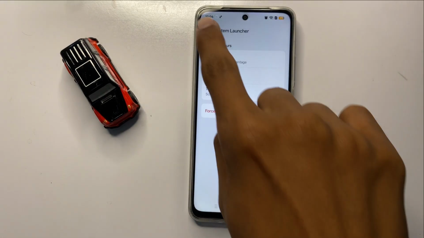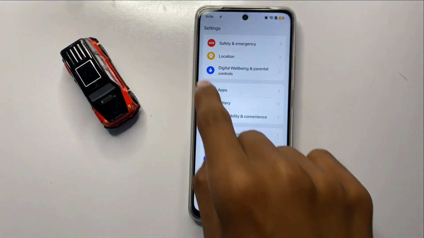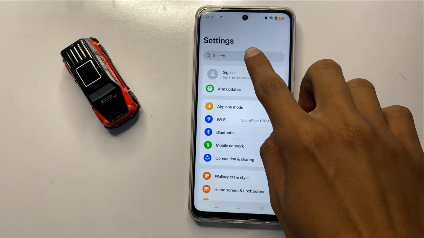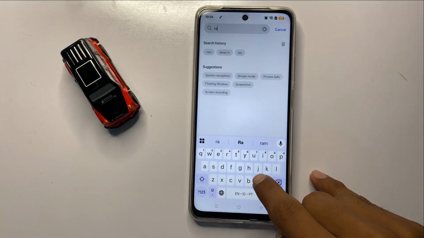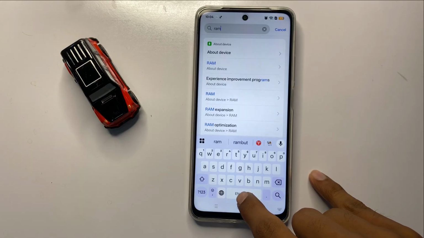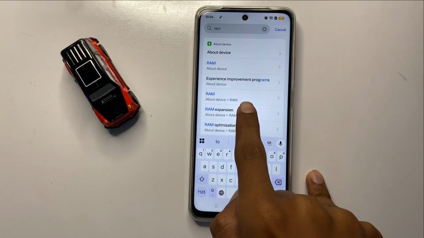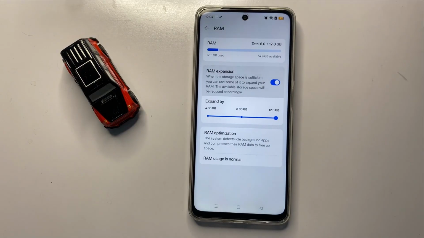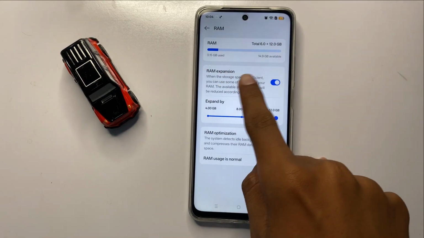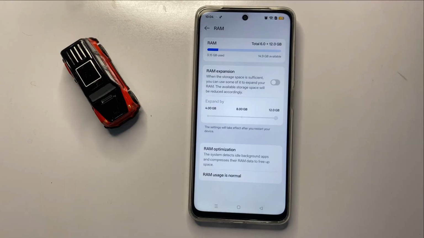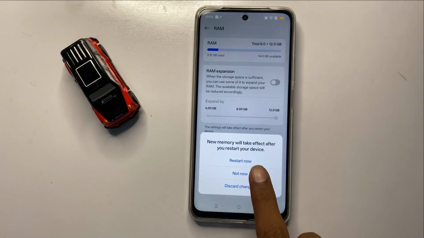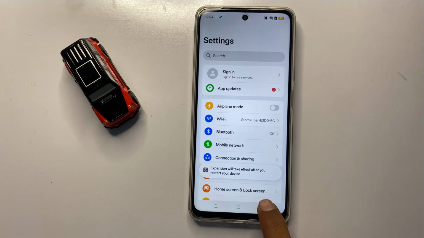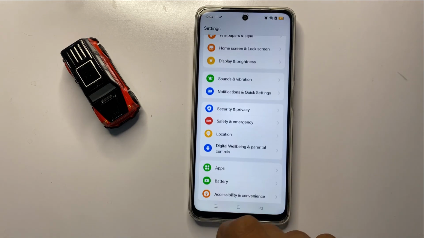After that, go back and search here RAM expansion. Now click on RAM expansion, and if you turn on your RAM expansion, then turn it off. After turning off your RAM expansion, go back and scroll down and click on